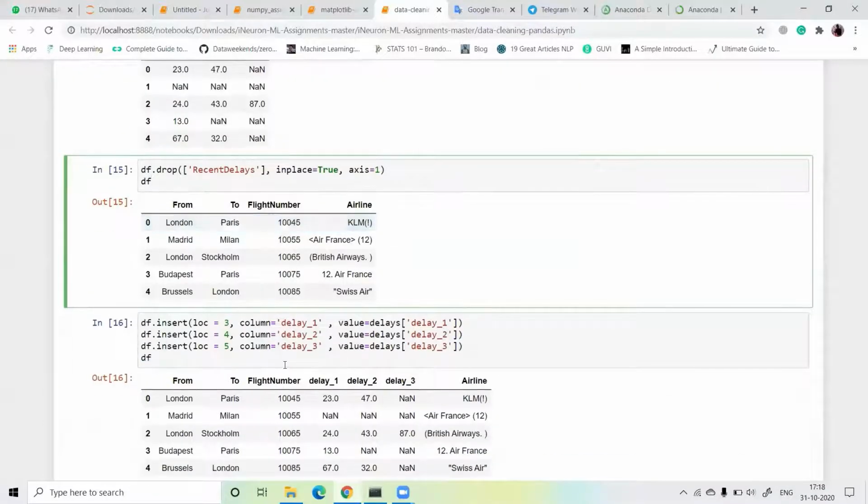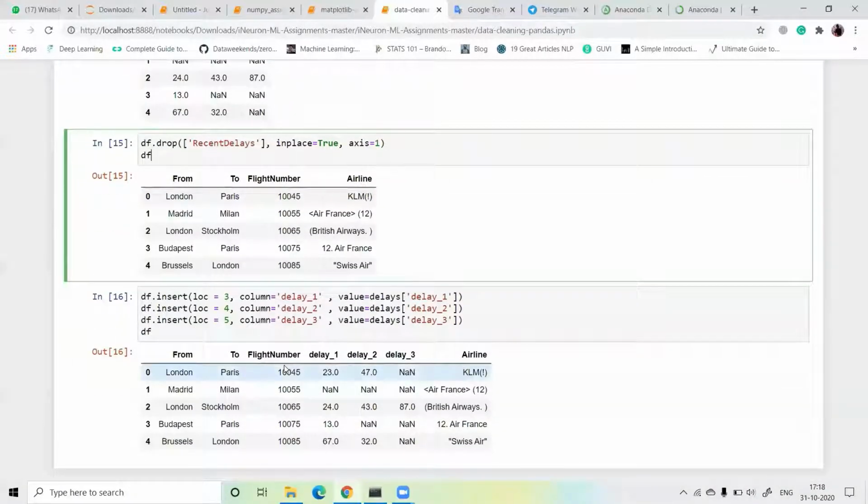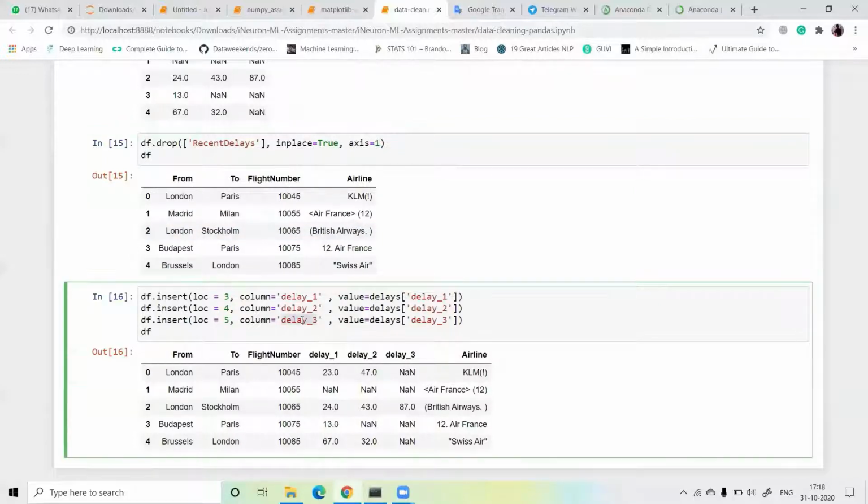Next, what can we do? We have to insert our delay 1, delay 2, delay 3 data columns in the data frame. So I use the insert function, loc is equal to 3, 4, 5. Why loc is equal to 3, 4, 5?